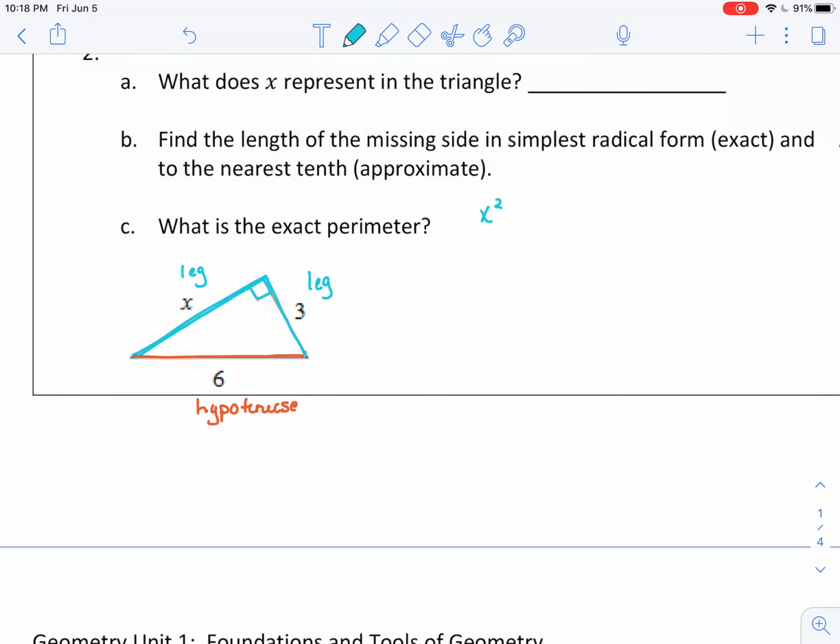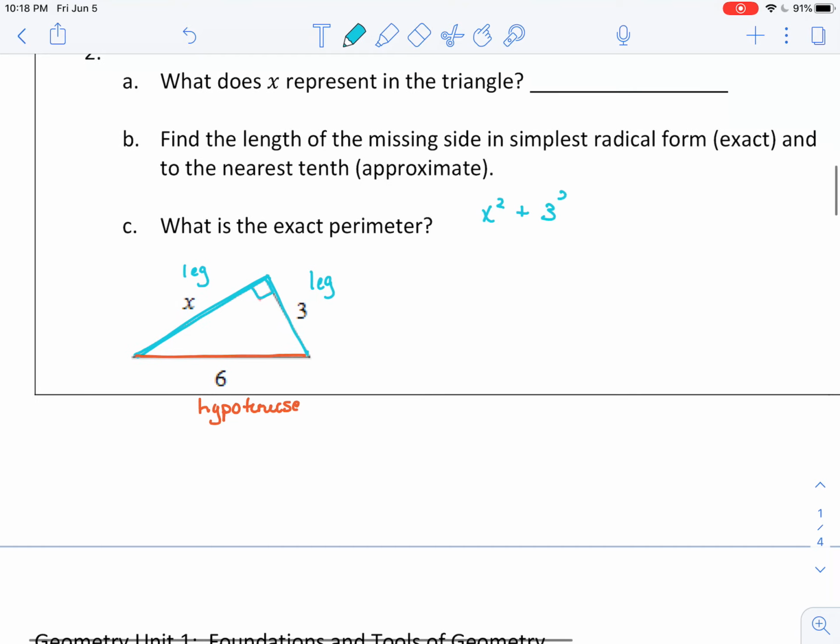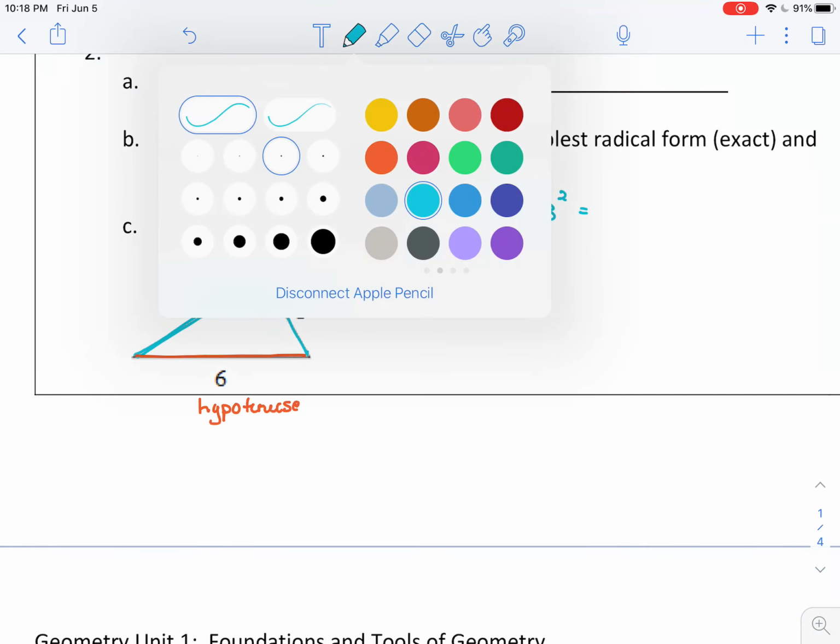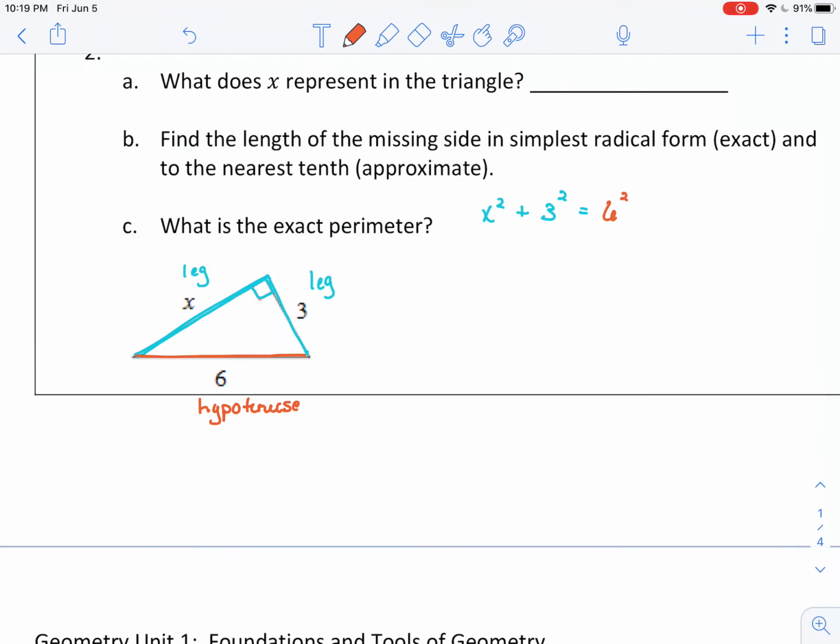I'm going to take x squared, add on 3 squared, and it has to equal that hypotenuse squared. And now we have a quadratic equation that we can solve. I'm going to start by simplifying. 3 times 3 is 9. 6 times 6 is 36. I need to get x by itself, so everybody's got to move away. You have to subtract first. So x squared is going to sit there for a little bit, and I'm going to do 36 minus 9,